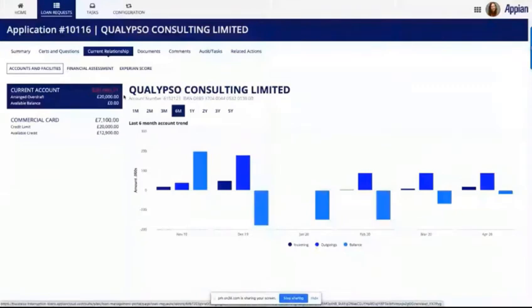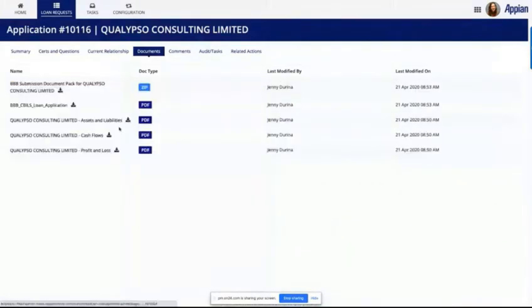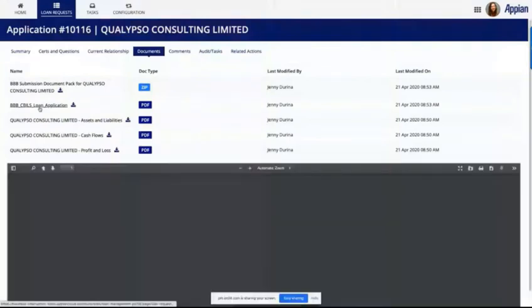Another piece that we've put is a document management capability. Appian has a document management capability within the tool itself, but we can also easily pull documents or push them to your own document management systems. If I dive into this loan request, we can see the documents that the applicant uploaded. They uploaded details about their financials, but also documents that this process has generated. So we generated a loan application PDF, and if I look at that PDF,